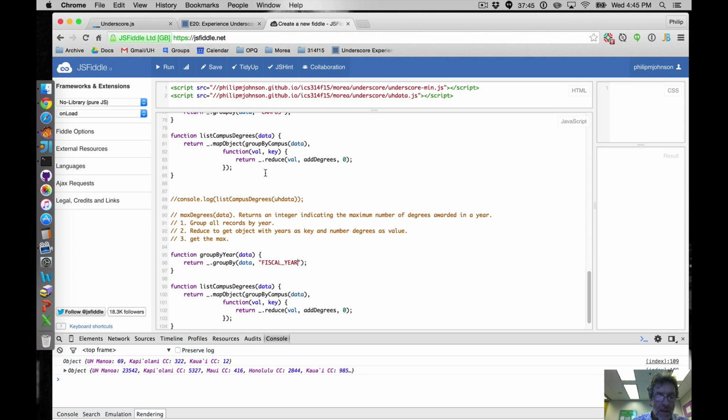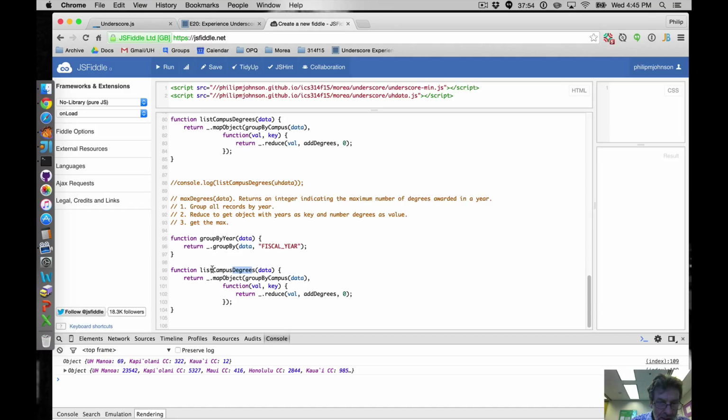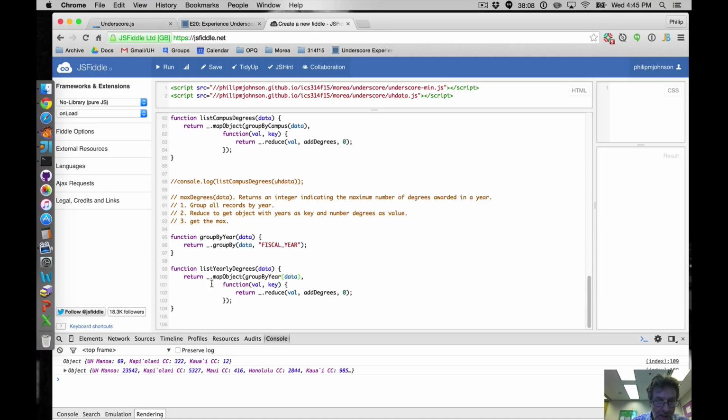Fiscal year. Okay, and then we're going to say listYearlyDegrees(data), mapObject groupByYear, and so that returns an object which should be the year and then the number of degrees. So if we say console.log of listYearlyDegrees with our test data,